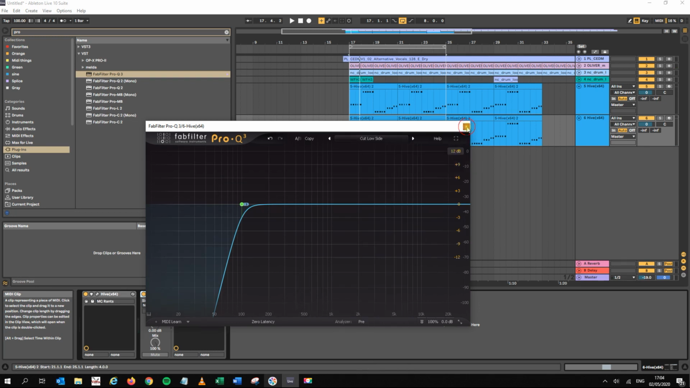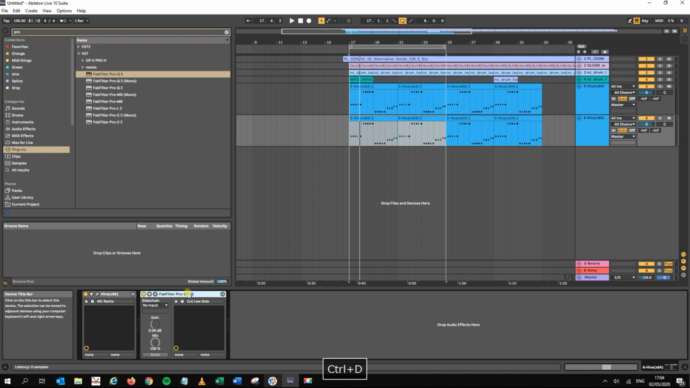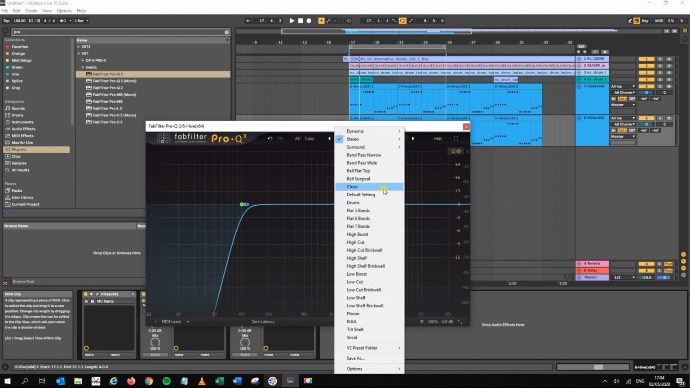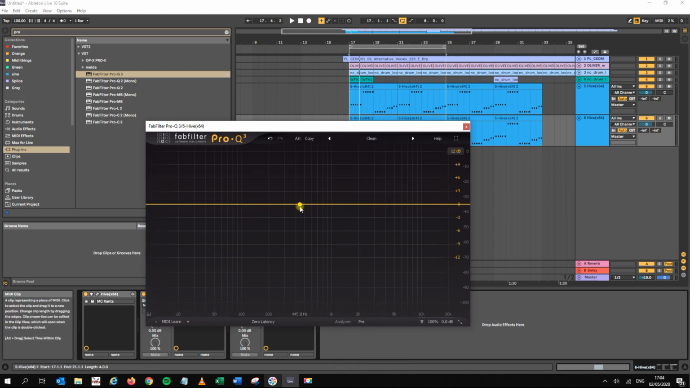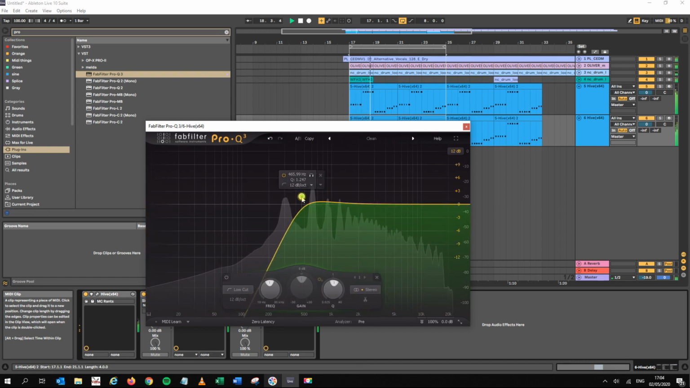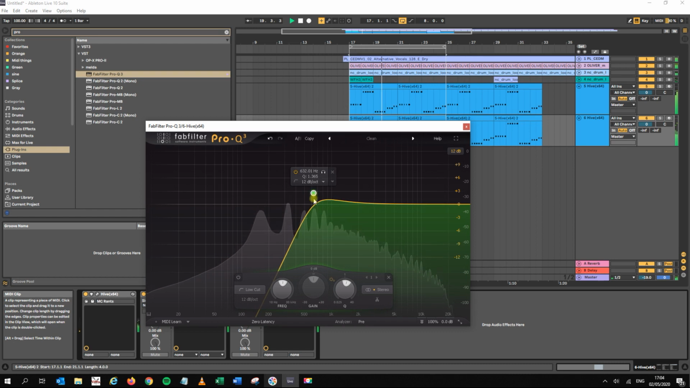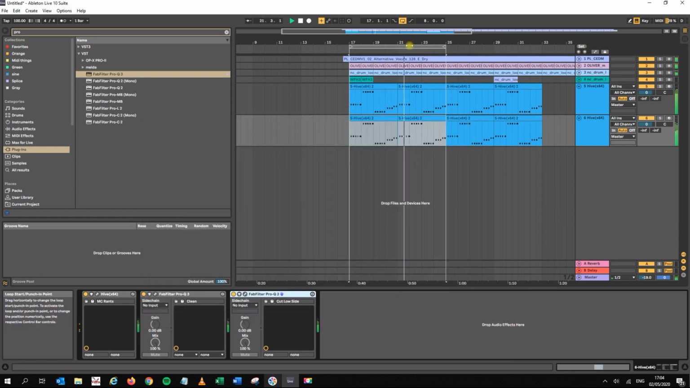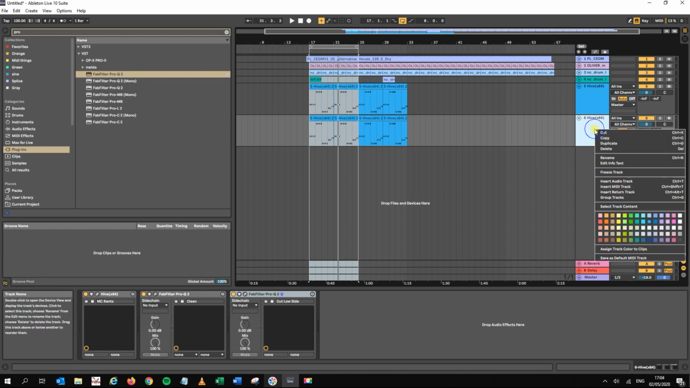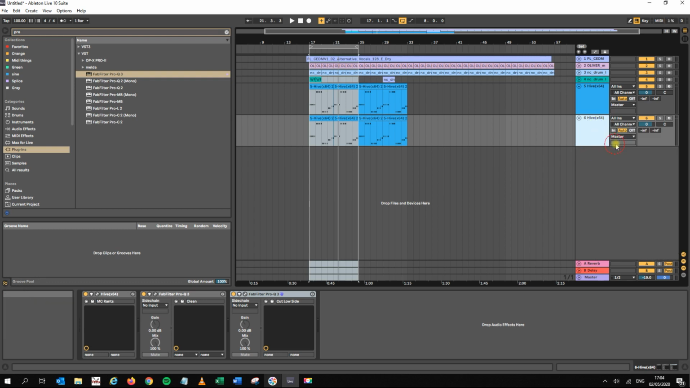So we just want to duplicate this, and the cut low side will be the last in the chain. So we're going to take this one and clean it and just set it back to normal. And just double click there. I'm just going to get rid of any of the bassy parts. Excellent. So the next thing is I'm going to duplicate this, Control D,